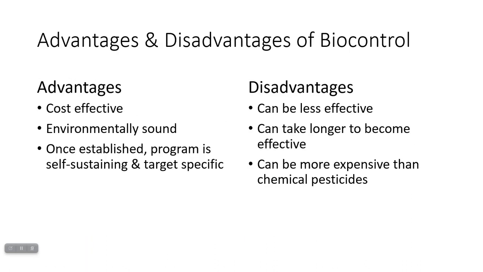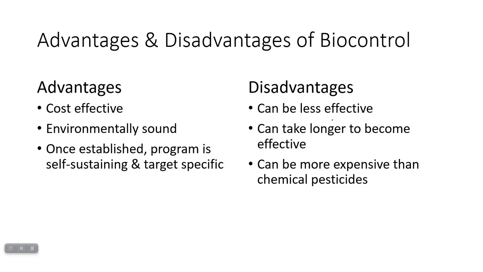So we're going to talk about the advantages and disadvantages of each of these methods of IPM. The advantage, once you figure this out, and once you establish it and you know which pest to use, it can be cost effective, especially if they're natural predators that you find in the ecosystem. You don't buy anything, you just make conditions kind of beneficial for them. It's environmentally sound, and once you establish it, it's pretty self-sustaining because these things, as long as you have a pest population, will have ultimately a food source and something to support them. And then these can be pretty target specific, though we'll talk about cases when that's